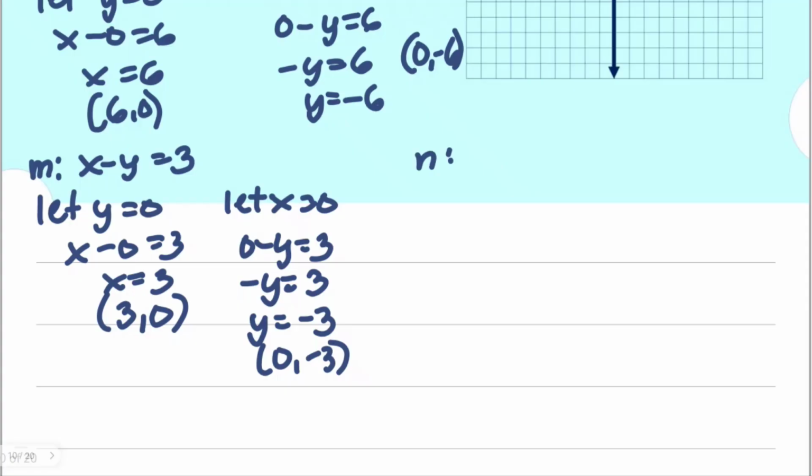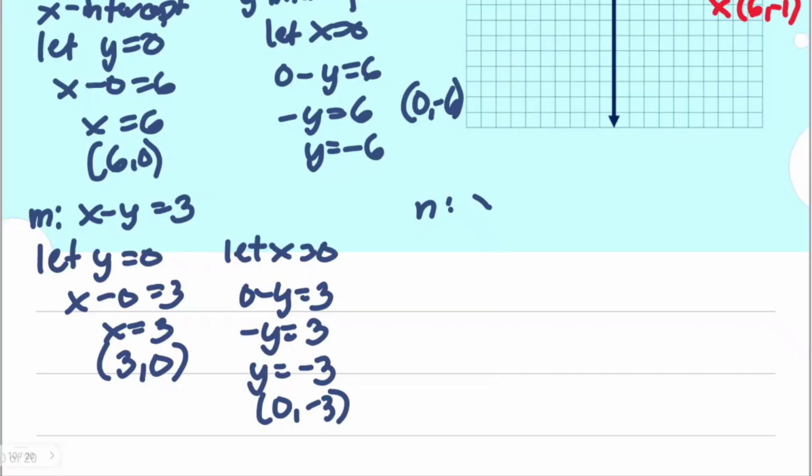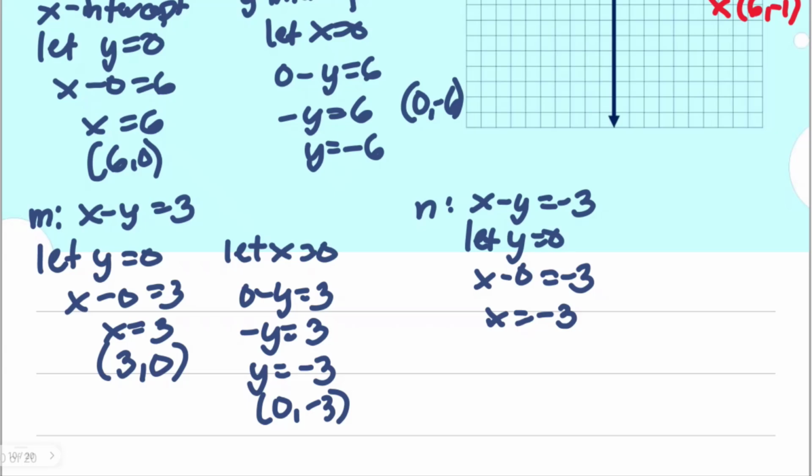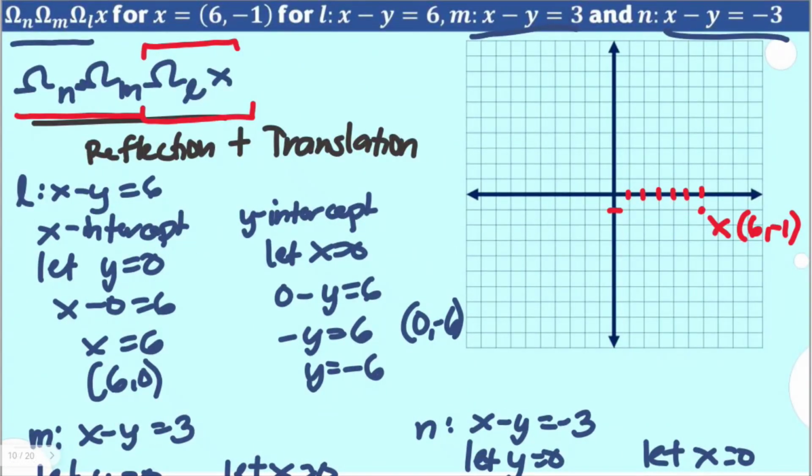For your N, we have X minus Y is equal to -3. So let Y be equal to 0. X minus 0 is -3. X is -3. The X-intercept is at (-3, 0). For your Y-intercept, let X be equal to 0. 0 minus Y is equal to -3. Negative Y is -3. So Y is +3. So (0, 3). Now that we have their intercepts, we can plot them on our Cartesian plane to